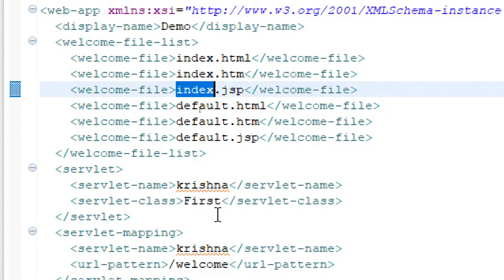Still, I have to show you the RequestDispatcher. Actually, RequestDispatcher itself is an interface. Using that RequestDispatcher, we define an object which can dispatch your request to any other resources.